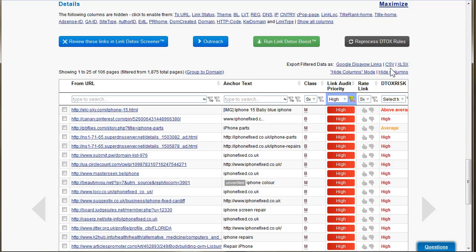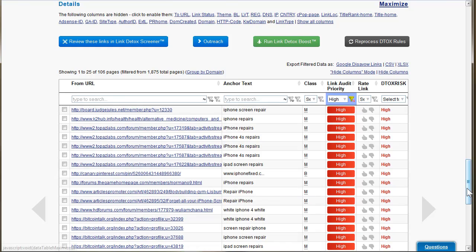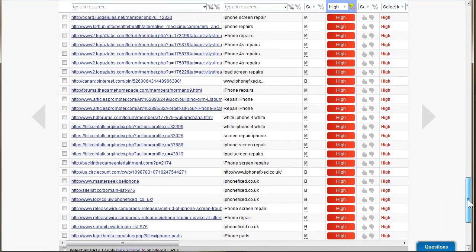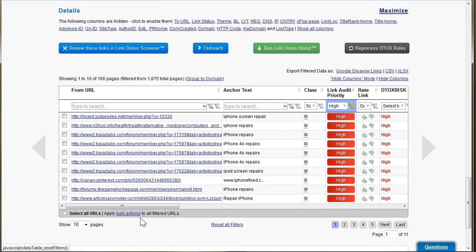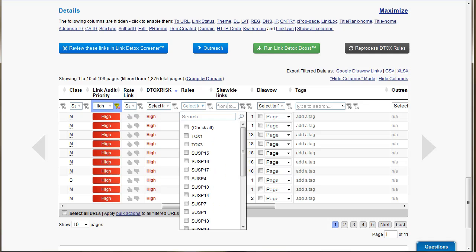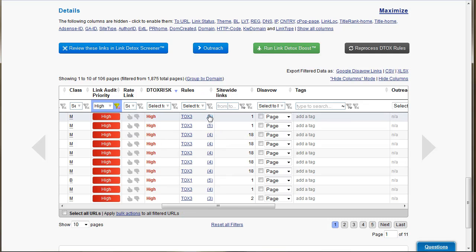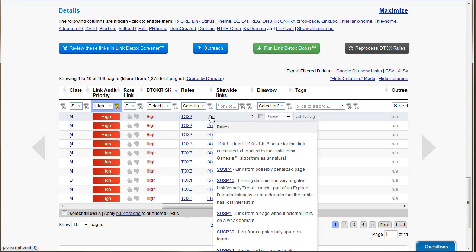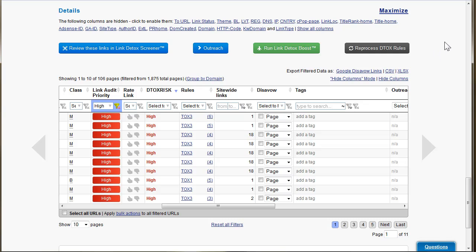Okay, so I'm going to sort these in order of detox risk. So I'm going to be starting off with the ones that, this is how many rules this one's triggering. So for example, if I click that, you can see this is triggering the toxic 3 rule, suspicious 4, suspicious 10, etc. All these rules which you can cross-reference on linkdetox.com/FAQ.